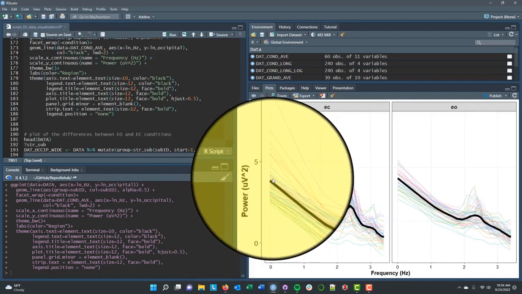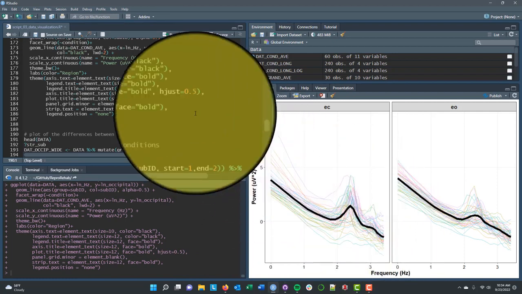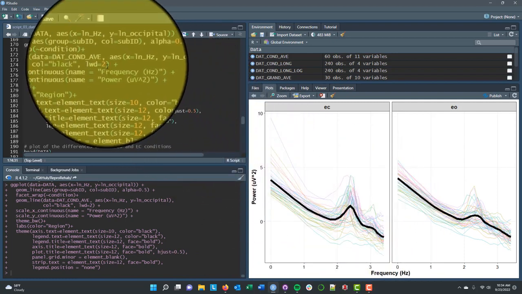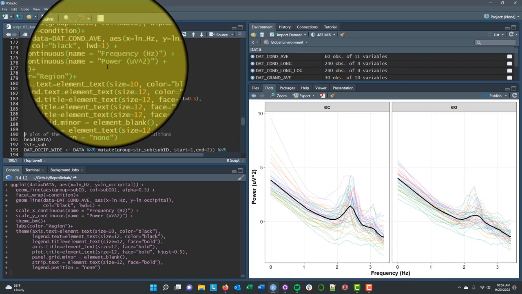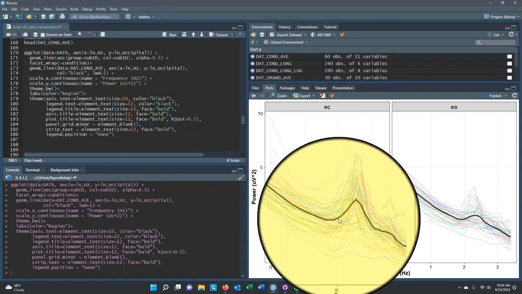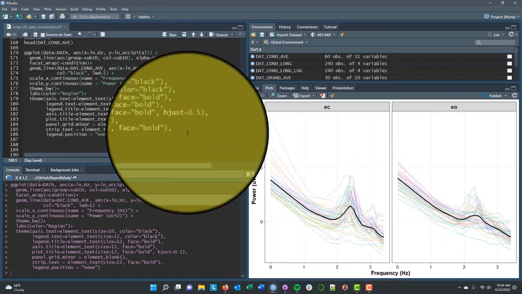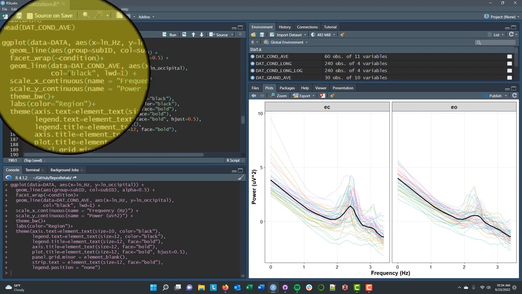And that maybe looks a little too chunky, a little too cartoonish, but it depends on what you need and how visible you want those data to be. I think a line width of 1 is probably pretty good in order to show that. If I did want to change these